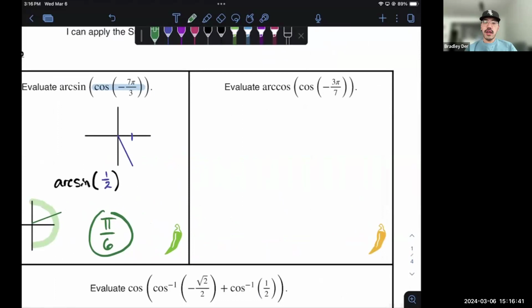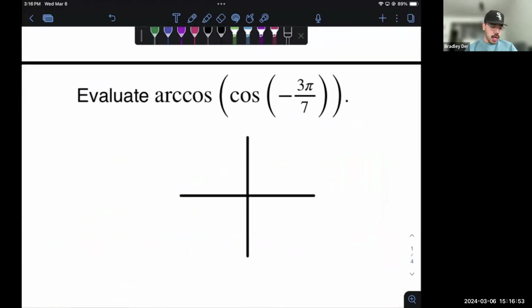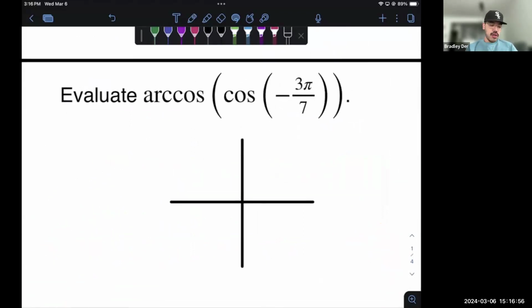So our cosine of negative 3 pi over 7. You may be saying, well, I don't know how to evaluate cosine of 3 pi over 7. And you know what? Fair enough. I don't know how to evaluate that either. But here's the thing. As a final answer, you don't need to know what the cosine value of 3 pi over 7 is. What you need for your final answer is some angle measure, right? The last function that we're going to be evaluating is arc cosine, so the output at the end of this whole problem is going to be some angle measure. If we can find the right angle measure that lines up with this cosine value, then I think we'll be good to go. Let's go ahead and locate